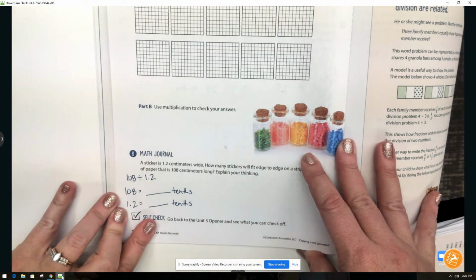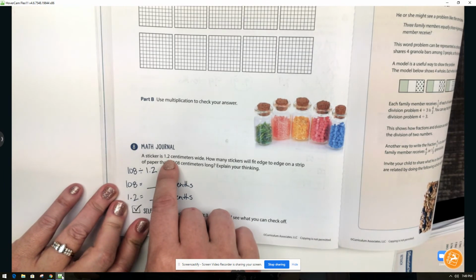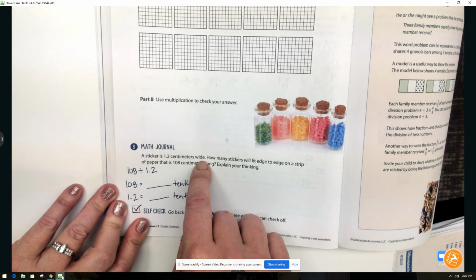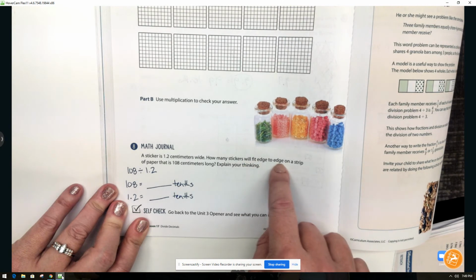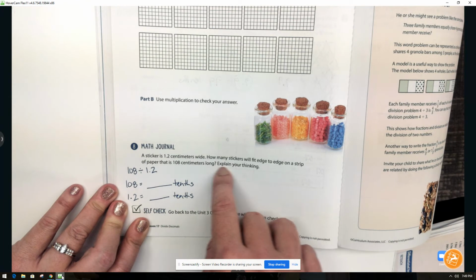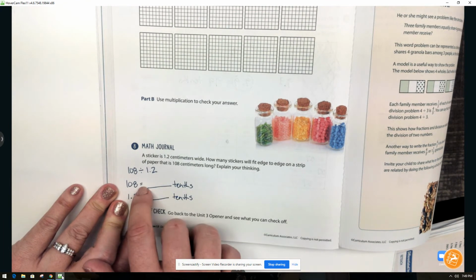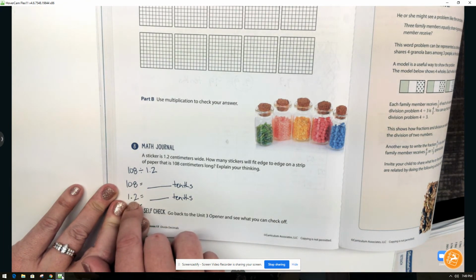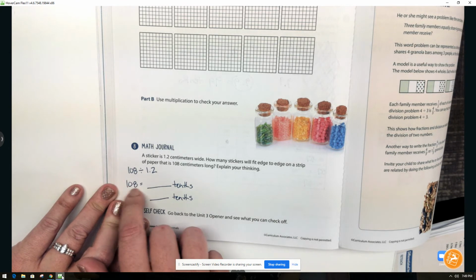Finally, for number 8, it says a sticker is 1 2/10 of a centimeter wide. How many stickers will fit edge to edge on a strip of paper that is 108 centimeters long? Explain your thinking. So go ahead and change both of your answers into tenths. So remember this right now,